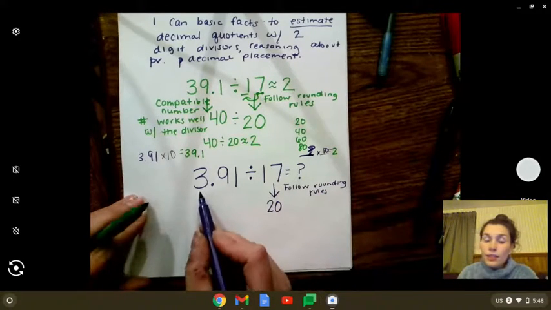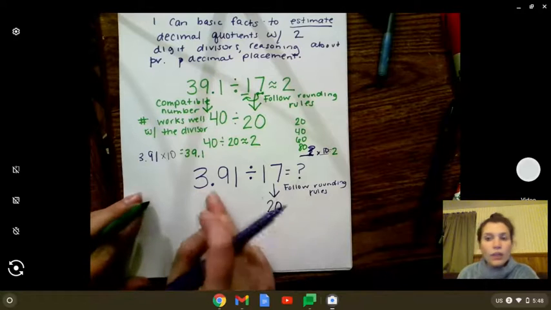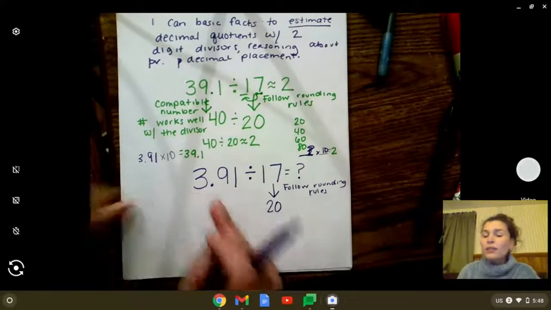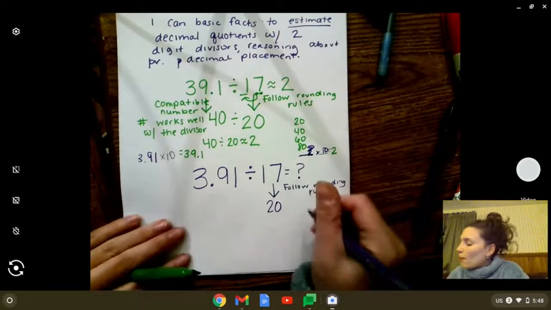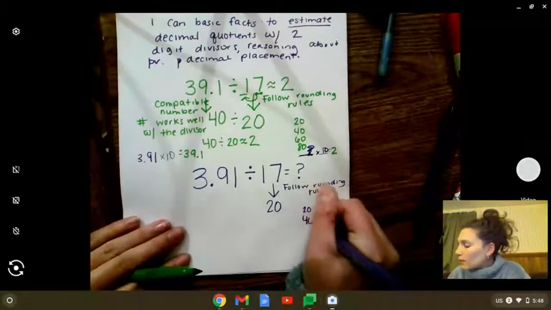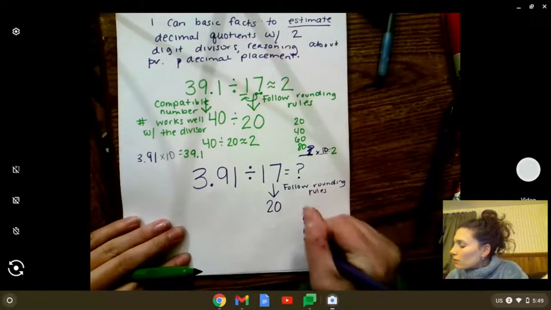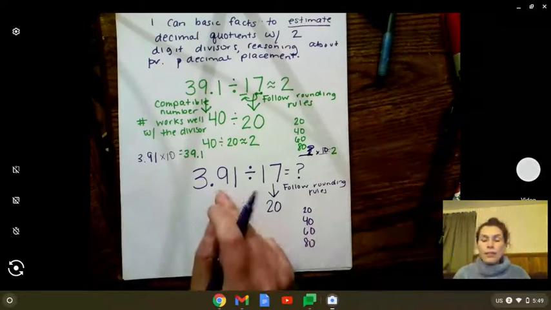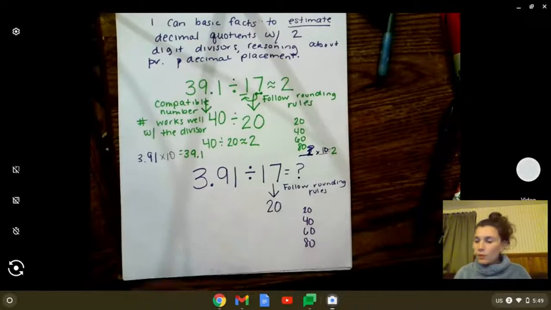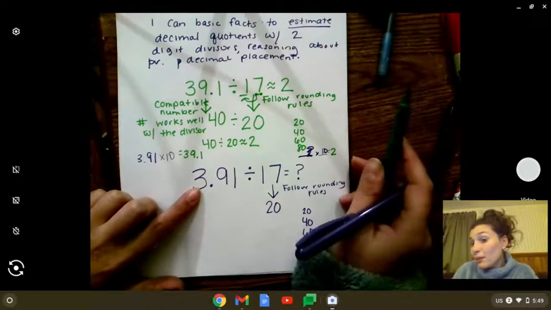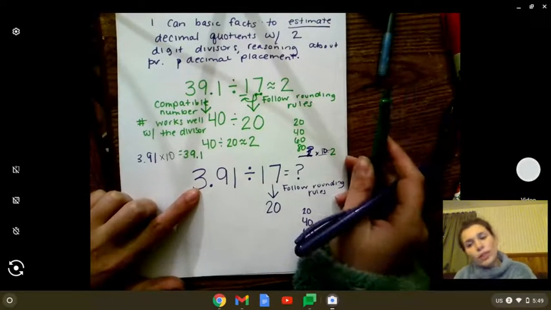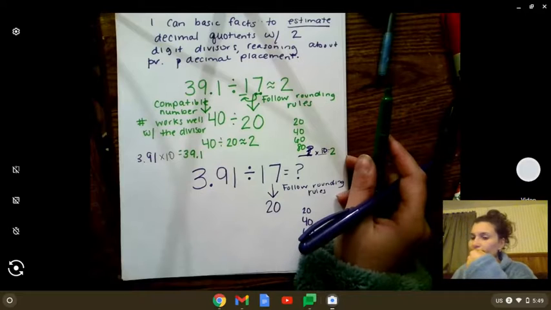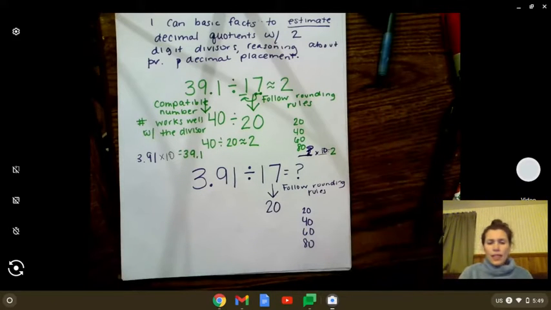But this number is 3 and, not 30 and, it's 3 and. That means we need to think of multiples of 20 that would be close to 3.91. So I know, well, we used 40 before. Could I say this number any differently and make it closer to 40? Well, let's think. Well, this is 3.91. Well, I could change it to say